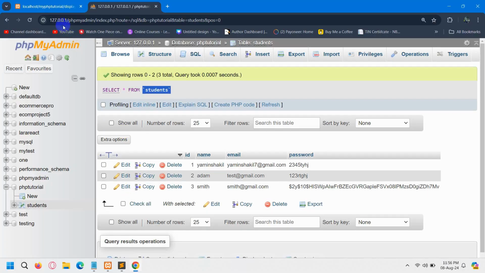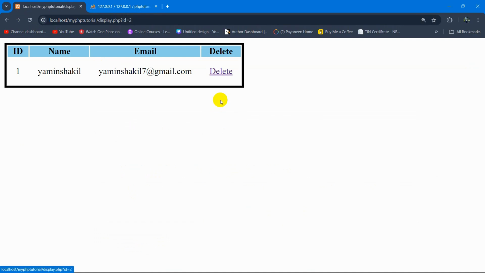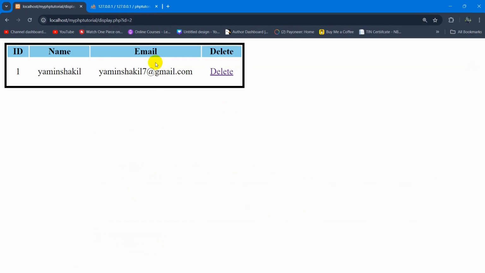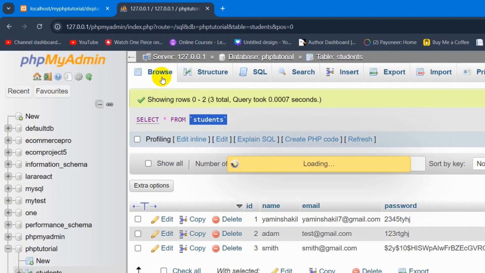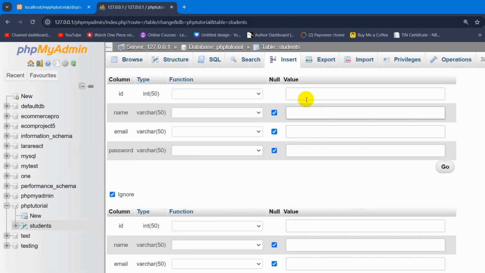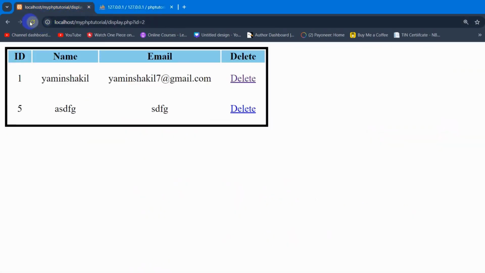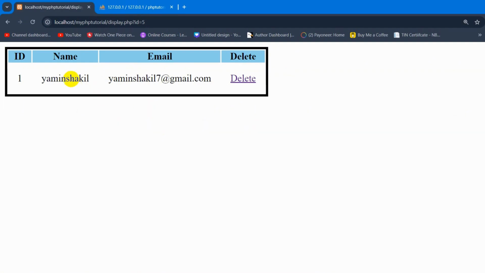So let me save it and let me refresh here. And this time if we click on the delete button, there you can see that data is deleted. Let me just refresh here as well. There you can see there is only one data. Let me just insert one more data here. Let's say ID is 5, name is random, email is random, password is random. Click on go. And let me refresh here. There you can see there is one more data. If I now click on delete, that data is deleted. So this is how you can delete data